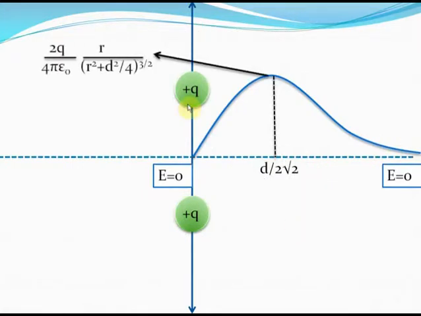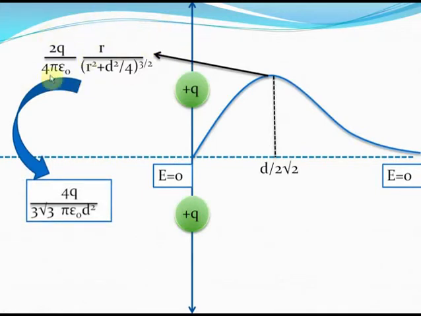Now we know that the value of electric field is given by this expression. In fact, this curve here represents this expression on your screen. When you substitute the value of r in this expression as d by 2 root 2, you get the maximum value of electric field as 4 by 3 root 3 into q by pi epsilon naught d square. Again, you don't need to remember the exact values of the maximum electric field. What you do need to remember, however, is how the electric field will vary with r. What exactly happens? You'll be able to derive all these expressions in the examinations if your concepts about how the electric field is varying near a two positive charge system are clear.